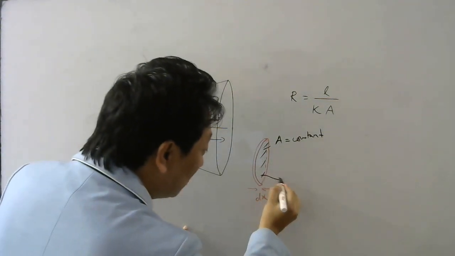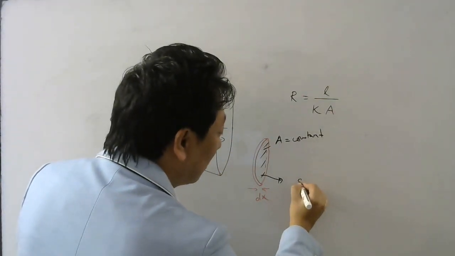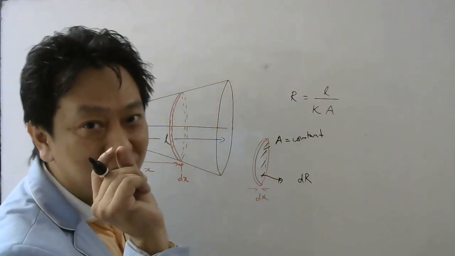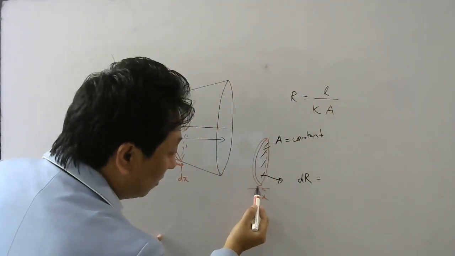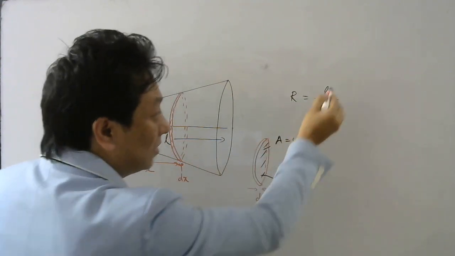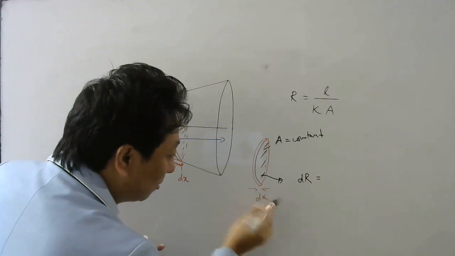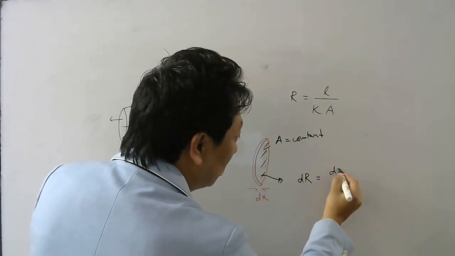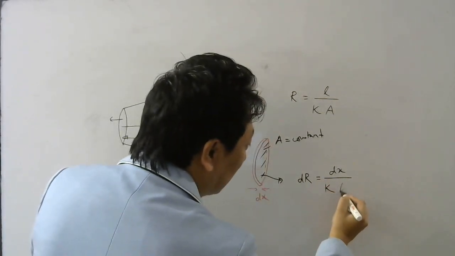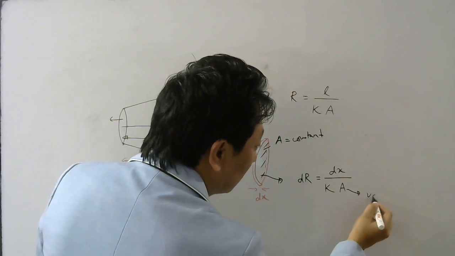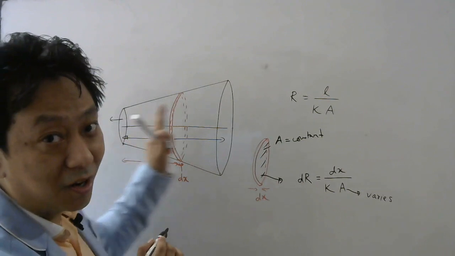So how can the resistance of this small part of the conductor, this part only, be written? Let us write dR. Why dR? Because it represents a small resistance. So that is equal to length. What is the length of this? Remember, heat is flowing this way, and this L is always parallel to the flow of heat, right? So dx is the length which is parallel to the flow of heat. So dx divided by k times this area, and let us write this area as A. Remember, this A varies as you go from this part of the rod to this part of the rod.